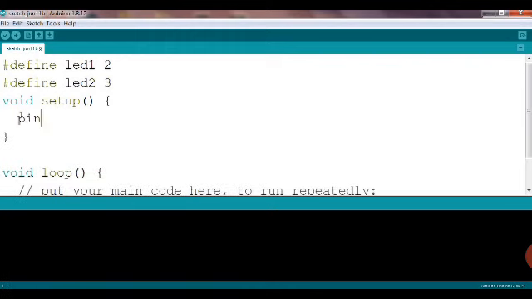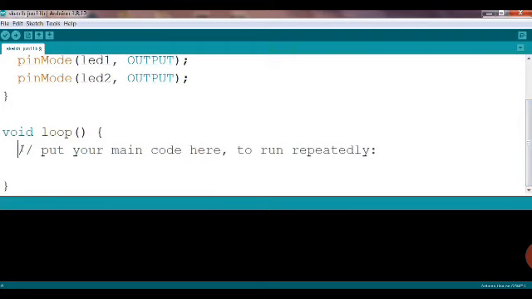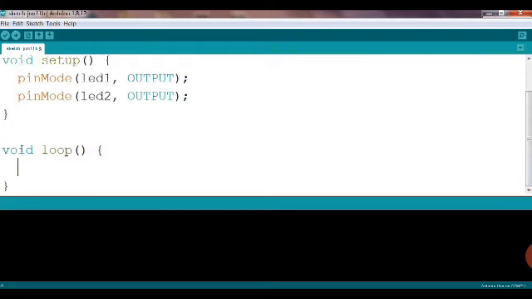And then again for LED 1, pin mode LED 1, that is output, and we know that we are just going for on and off condition. So we'll see, and then you copy paste, and now you can change it also. So for LED 2, LED 1, both are output because both will just get the power from Arduino. So for the Arduino both LEDs are output, that we must separately write down in the programming.